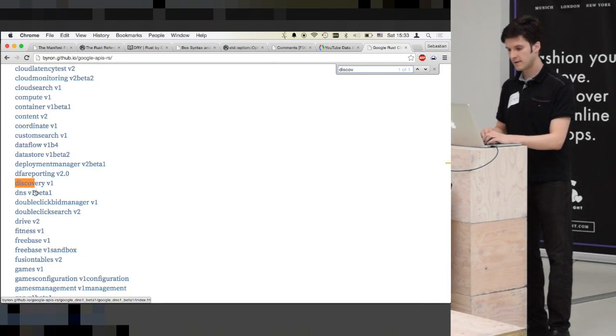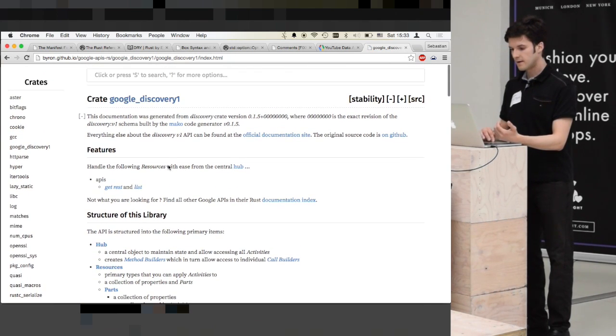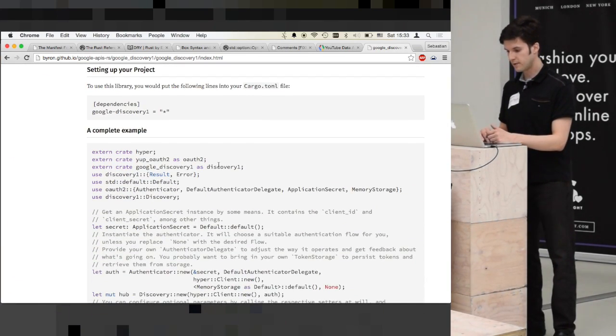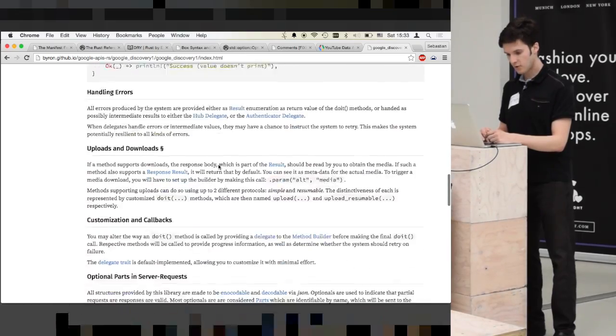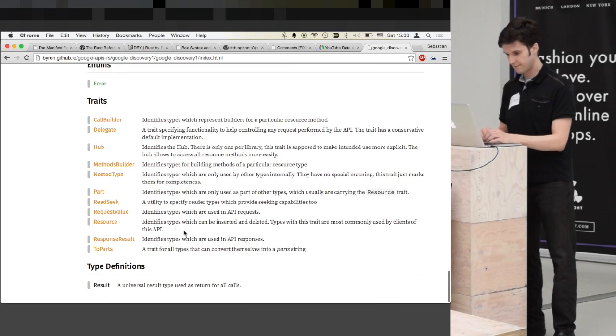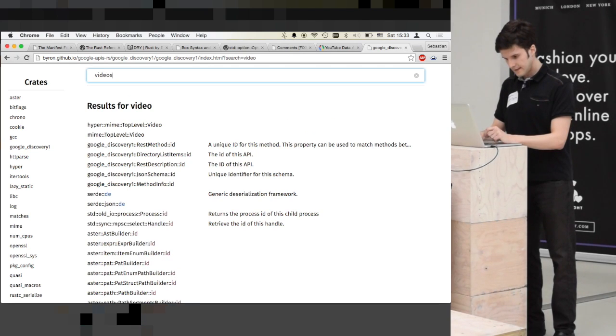That is the API documentation of the entire project. So that's a typical Rust documentation page. The Rust toolchain provides you with tools to build beautiful documentation that is cross-linked and has all the information you ever wanted. So if I wanted to search for, I want to do something with videos, then you might actually,